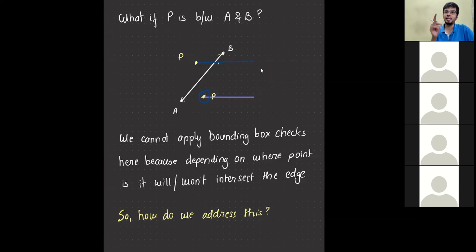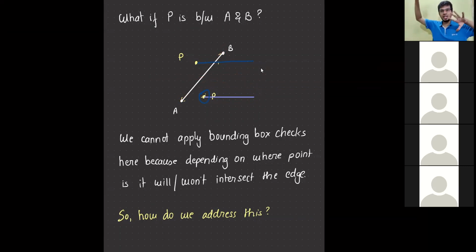This is that one case that we have to explicitly handle to find out, because if it was on the left of the leftmost point, then it will definitely intersect. But if it is not on the left of the leftmost point, meaning it is between A and B on the x-axis, then it can intersect or it cannot intersect depending on where P is. Now this is where the challenge lies. How do we identify this?